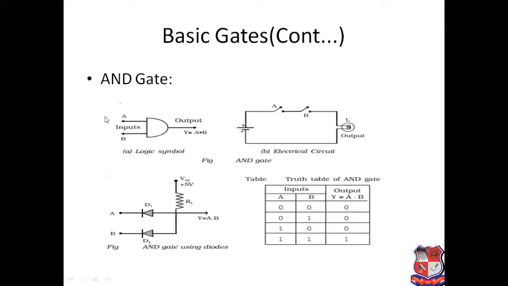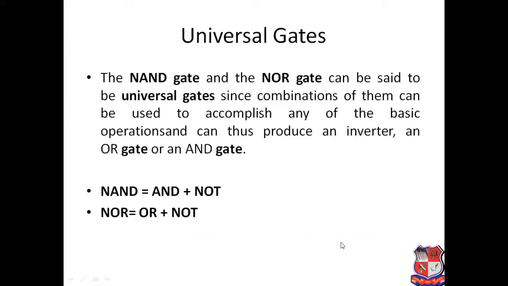Here you can see the AND gate. So this is the expression of AND gate. If both the inputs A and B are high, then my output should be high. The given expression of AND gate is Y is equal to A into B, which is nothing but mathematical multiplication. Here you can see that if both the inputs are 0, then my output should be 0, and if both the inputs are 1, then my output is 1. If one of the inputs is low, then my output should be low, otherwise it is high.